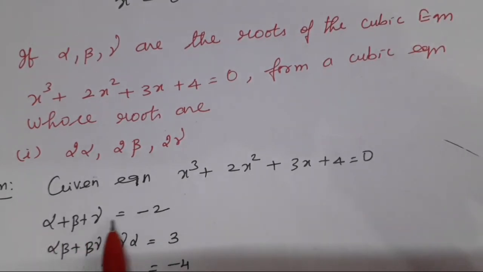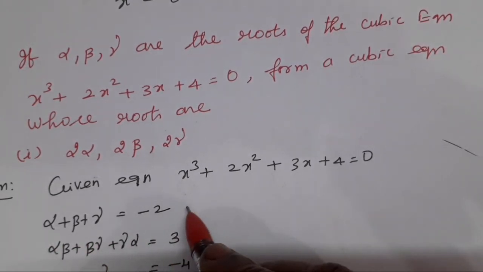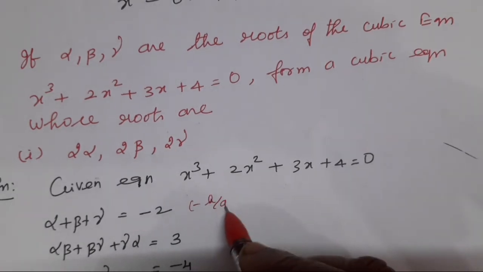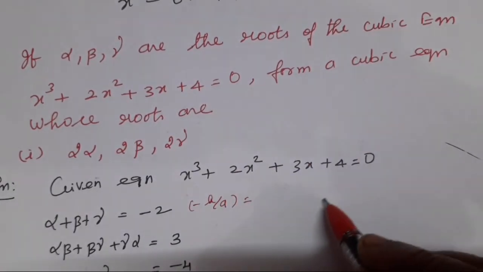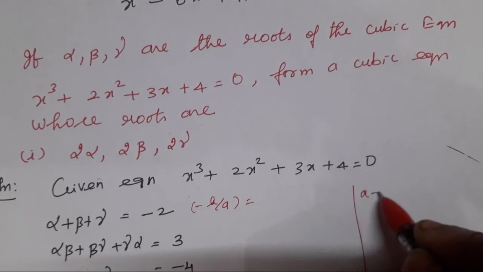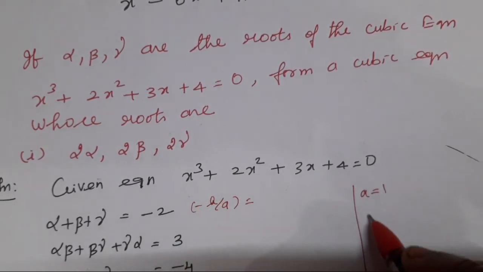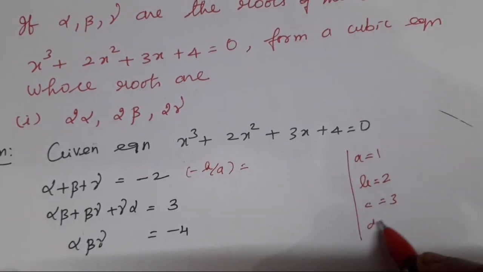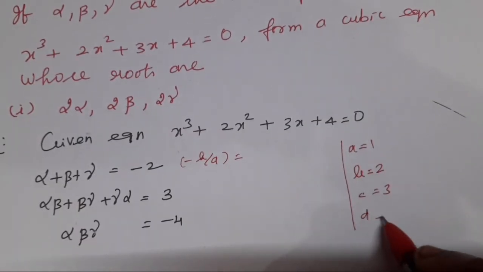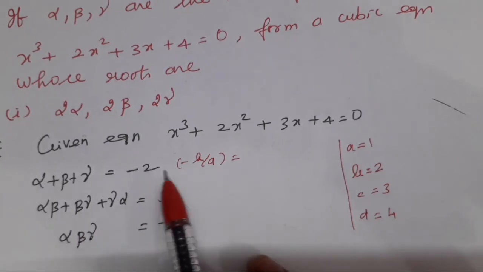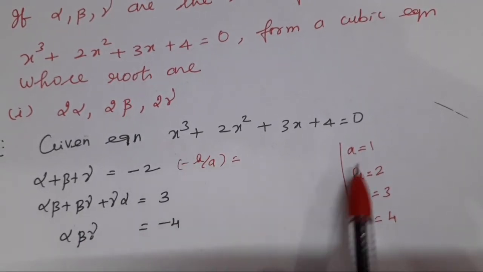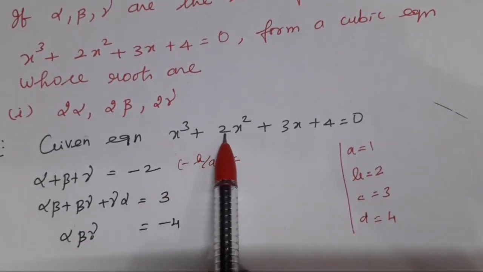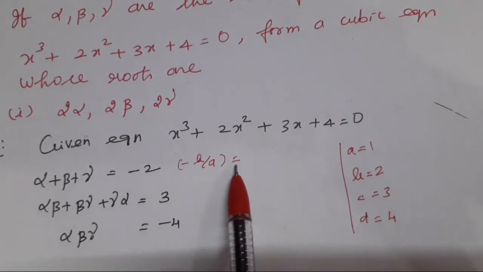So alpha plus beta plus gamma is nothing but minus b by a. What is a here? Listen, a equal to 1, b equal to 2, c equal to 3, d equal to 4. What is the first one? Minus b by a. Minus b is minus 2, and minus 2 by 1 is nothing but